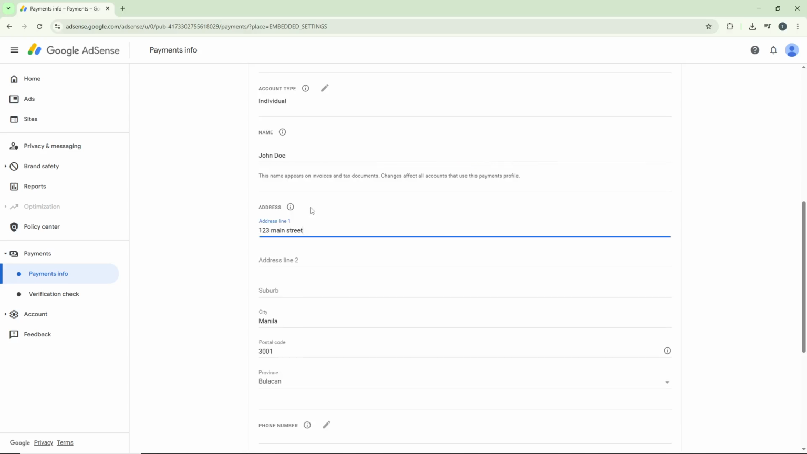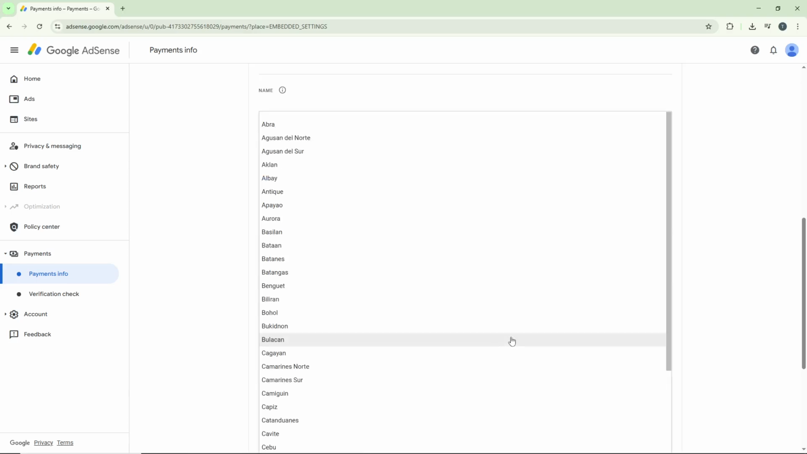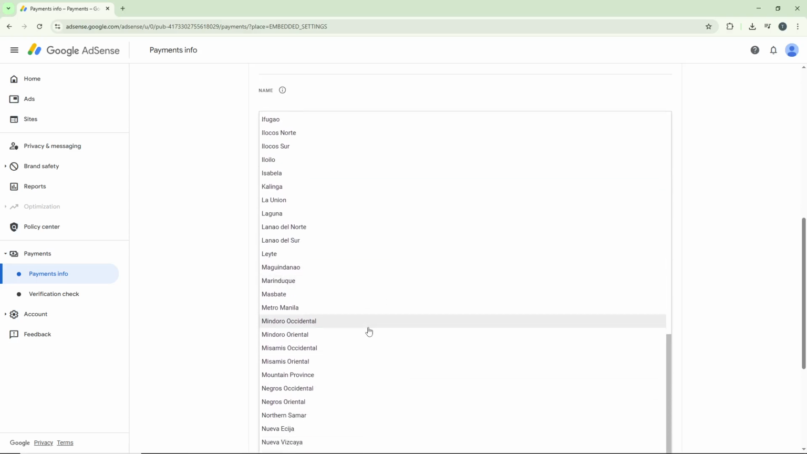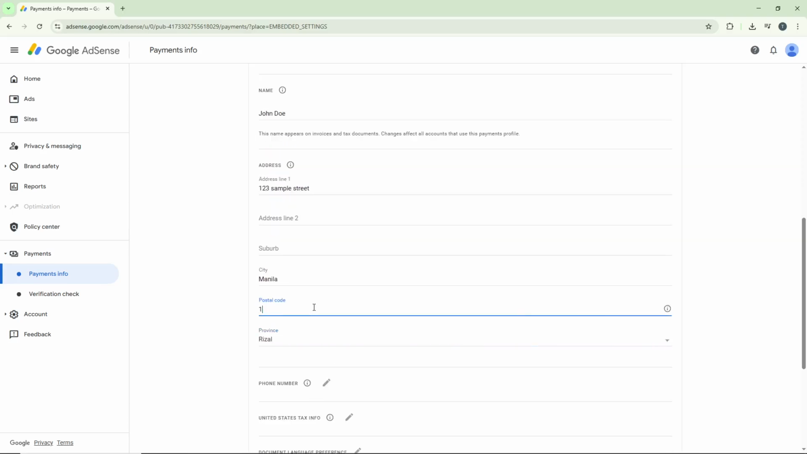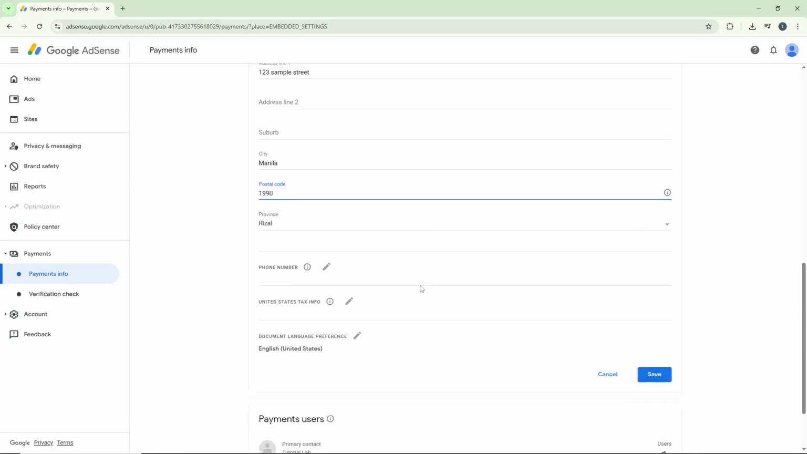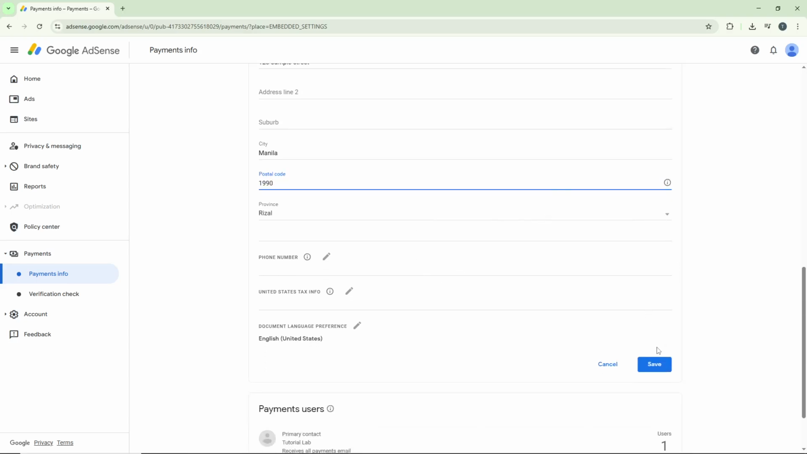Click on this icon to edit your address details. Input your new address in the provided fields, making sure to include all necessary information such as street name, city, postal code, and country. Accuracy here is crucial since this is where your payments and any official correspondence will be sent. Once you've entered all the updated information, scroll down to the bottom of the page where you'll find a